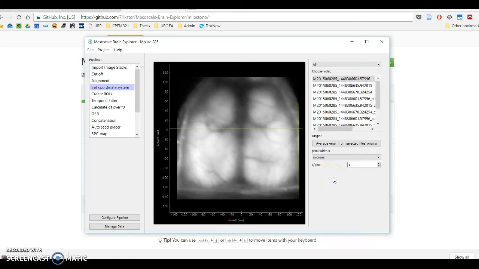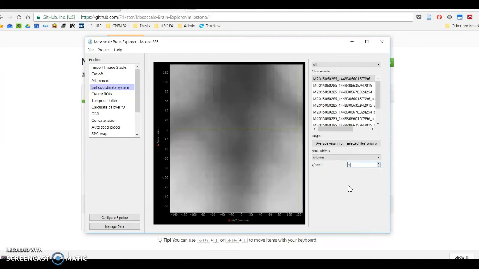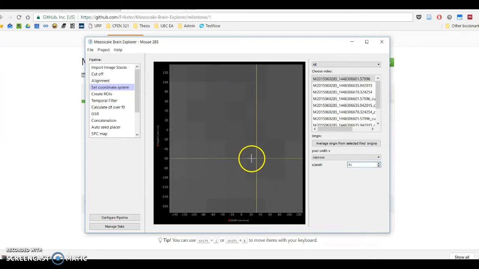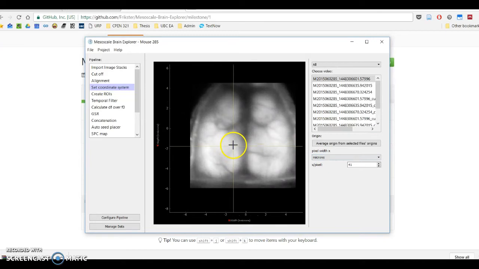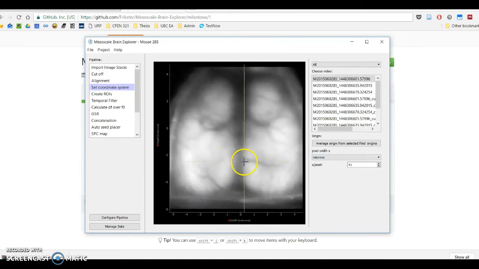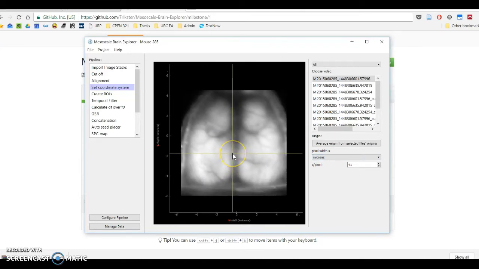So the next thing you want to pick over here is your pixel width. So we know, for instance, that each pixel is 41 wide. So you can see here what I've just done is if you look at a single pixel, from there to there, there's now 41 units between the two. And as we've said, we've picked 41 microns. If we zoom out, that looks nicer. We are now looking at our data with the correct pixel width